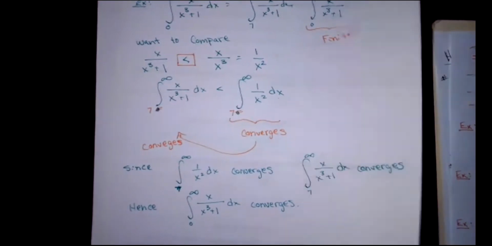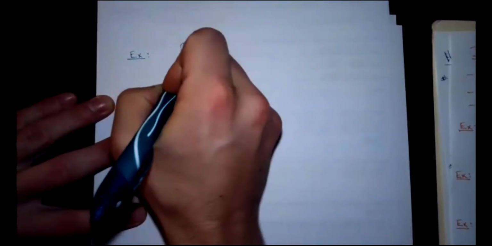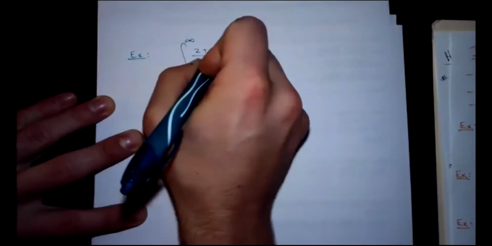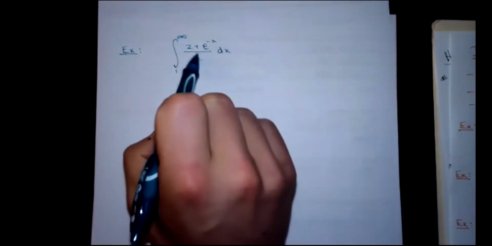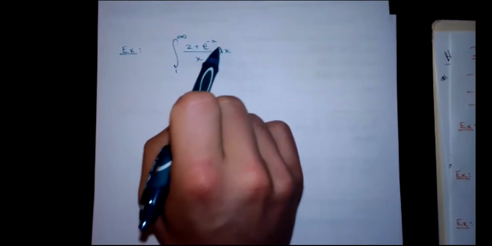Okay, so let's just get a new page. Let's take a look at that some more. So we've got the integral of 1 to infinity of 2 plus e to the minus x over x dx. So this one we've got a rational function, but there's this exponential thing in the numerator. If I just look at that guy, this e to the minus x, and consider that e to the minus x